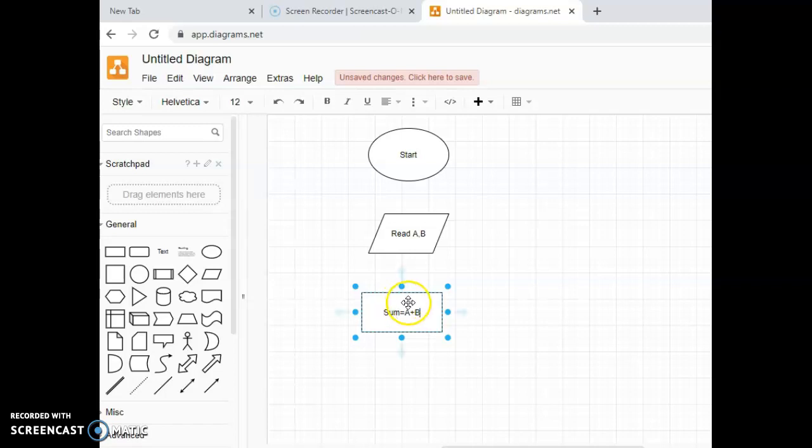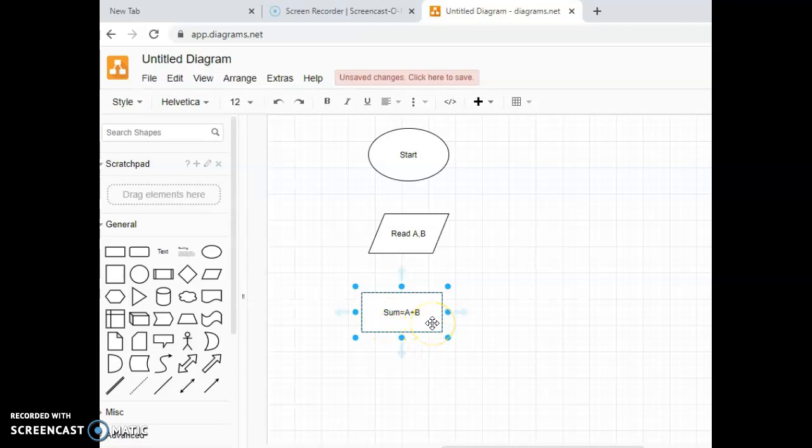Since C is a case sensitive language, here it makes a difference if you have defined the variable A in capital letter in your second step, and if we are going to make use of small letter a whenever we are writing any particular expression. So we are going to make use of the same variables. If we are going to define the variable in the capital letter, the same capital letter has to be used whenever we are describing any particular expression.